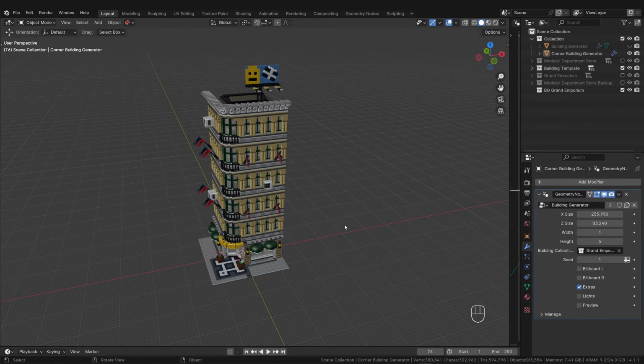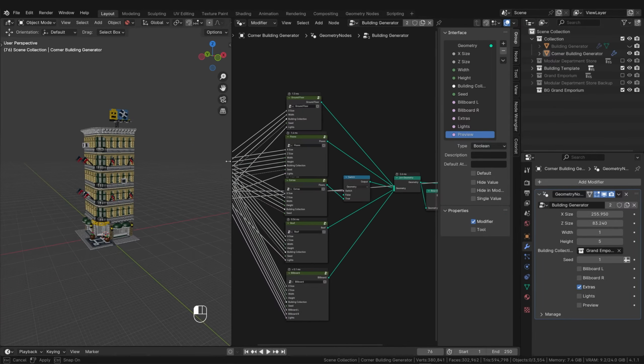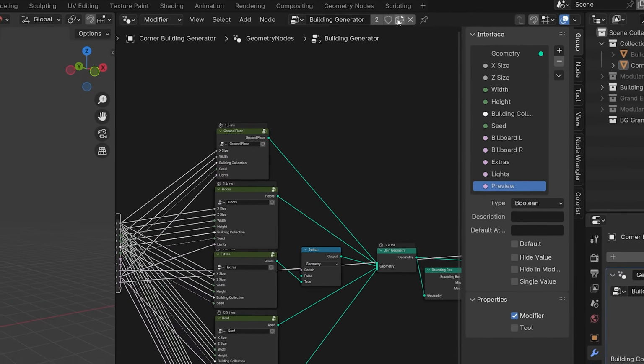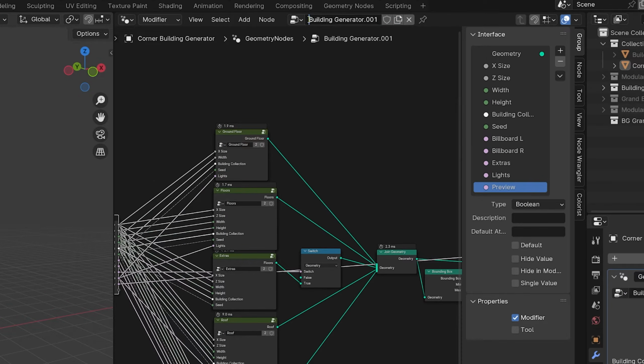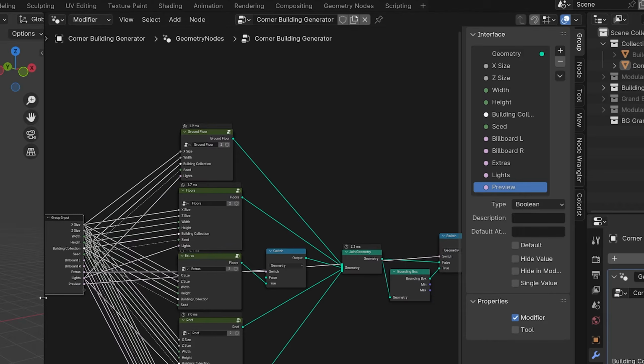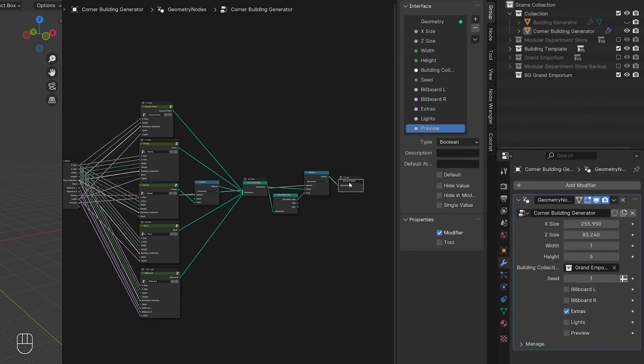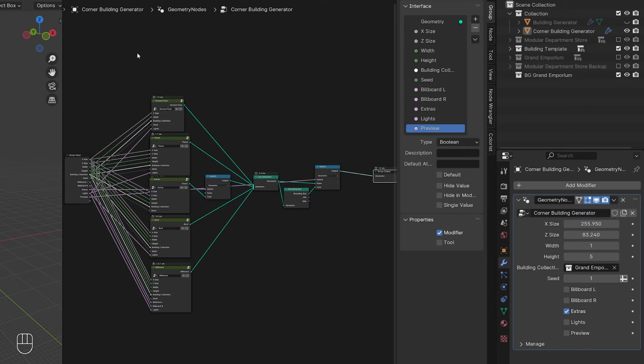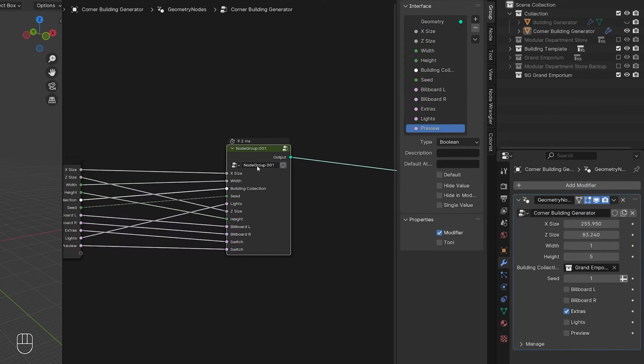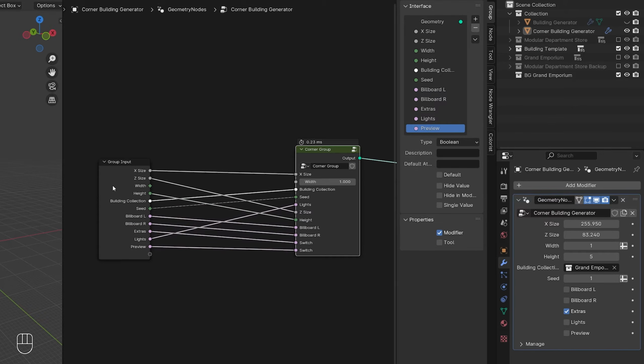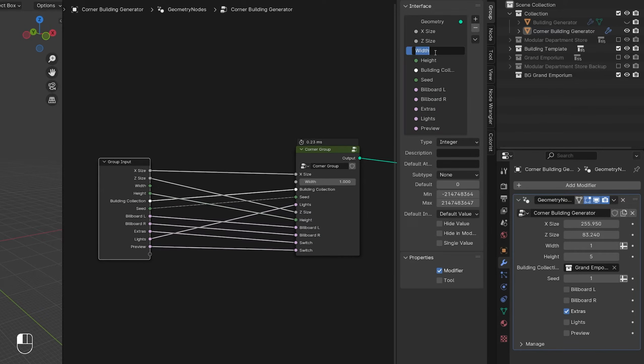So we have to look at our geometry nodes again. Very important, before we change anything here, we first make a copy of the node group and also call it corner building generator. Then we can select all these nodes and combine them into a group. We can rename it, for example, to corner group. We no longer need the width as we used it before. Or we only need it with the value 1, so that the building can be seen in a single execution. We rename the width output in the group input to corners.